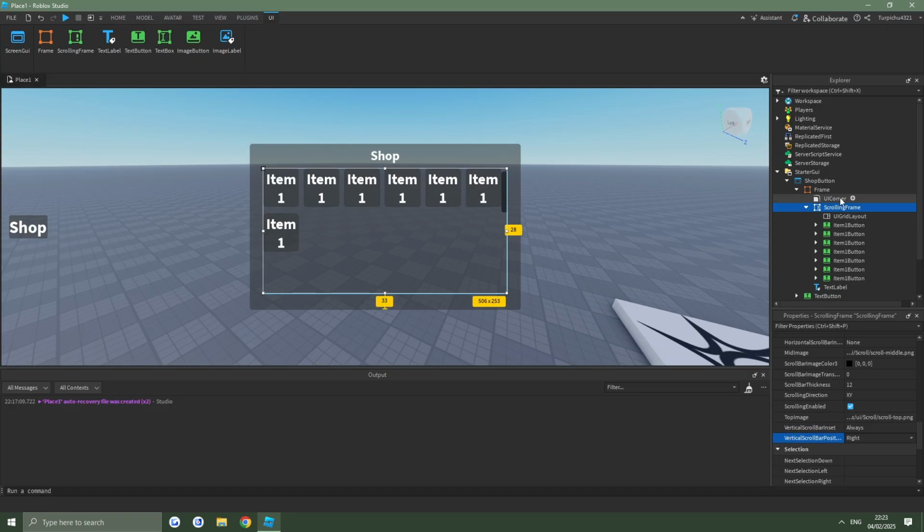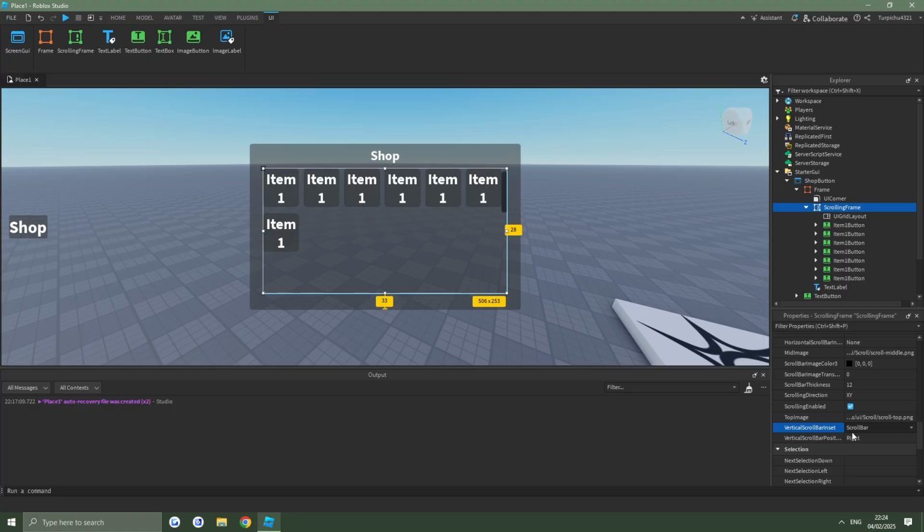But yeah, if you scroll down into scrolling frame and then go into vertical scroll bar inset, you can either put it into always or scroll bar. I guess one of those two settings will be just good enough. So basically, what that means is that when it does the scaling from 0 to 1, so usually 1 will be the entire scrolling frame, but 1 will now, with this setting enabled,